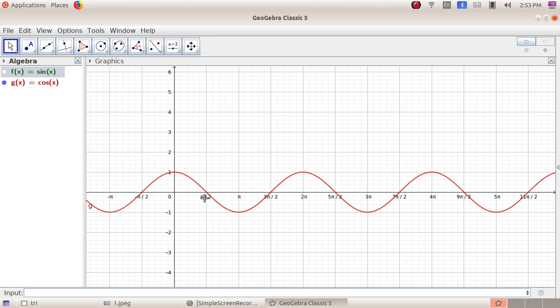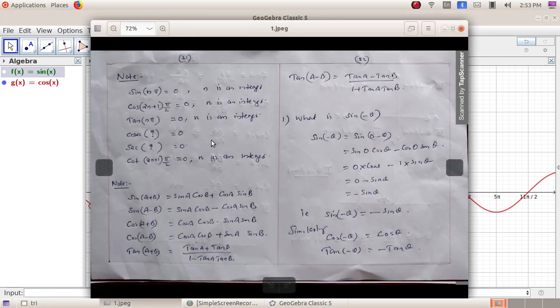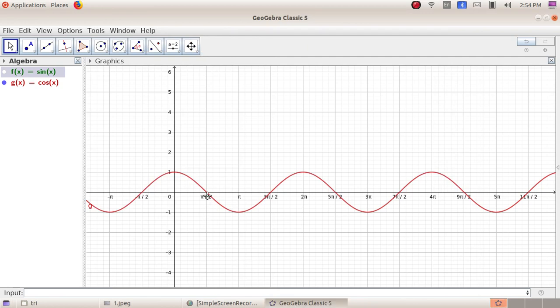Here cos pi by 2 equal to 0, cos 3 pi by 2 equal to 0, cos 5 pi by 2 equal to 0, cos 7 pi by 2 equal to 0, cos 9 pi by 2 is equal to 0, and so on. So let us summarize this: cos (2n plus 1) pi by 2 equal to 0. How does this happen? You substitute n equal to 0. What happens? 2 into 0 plus 1, that is 2 into 0, 0, that is only 1 pi. Cos 1 pi by 2 or cos pi by 2 equal to 0. That is here.